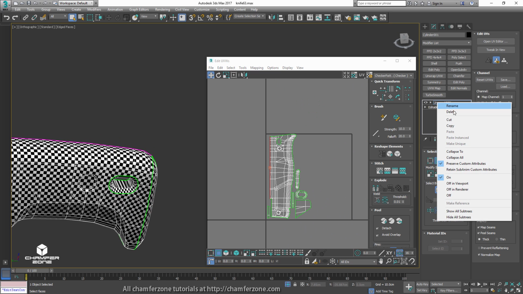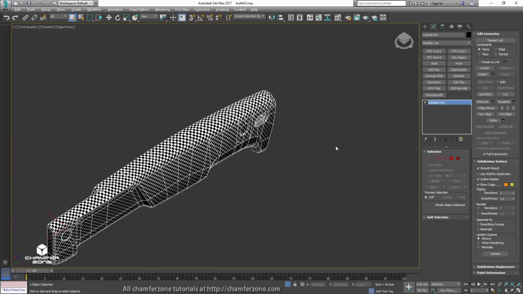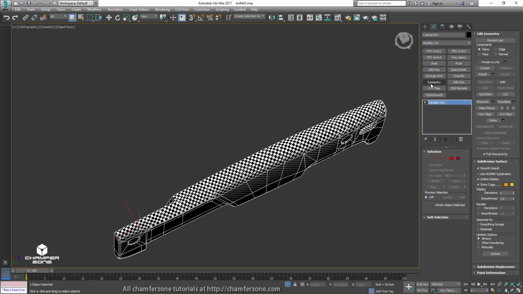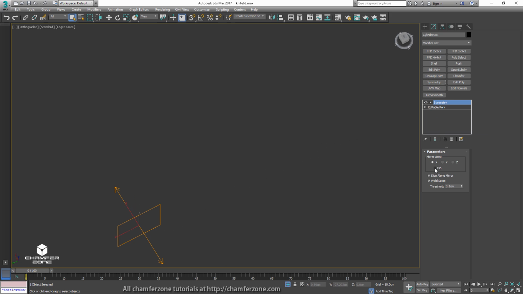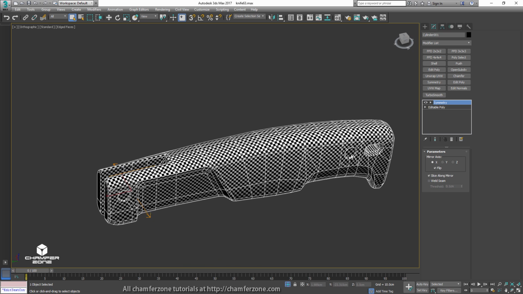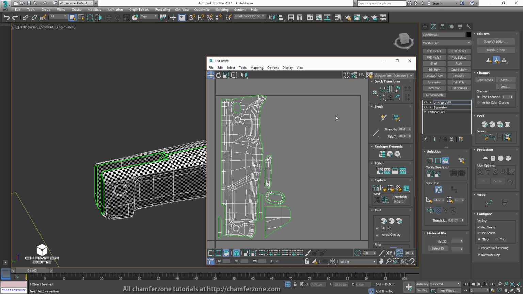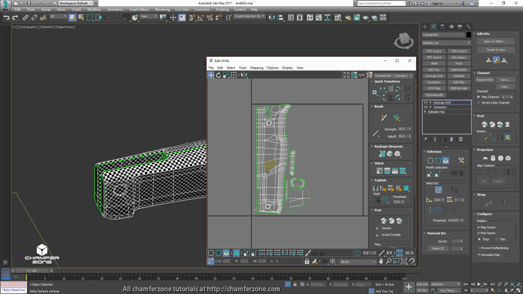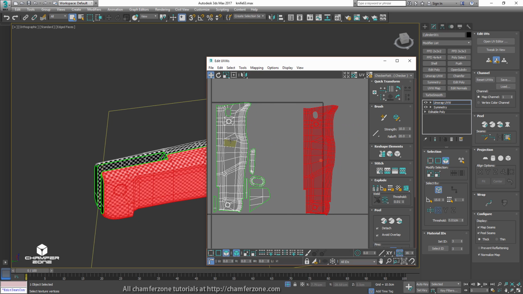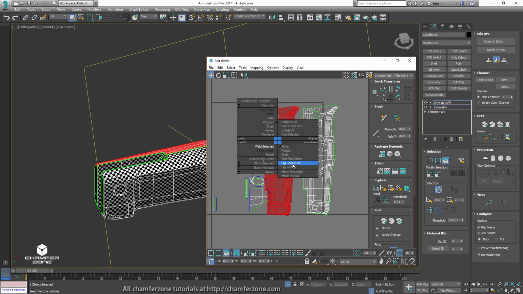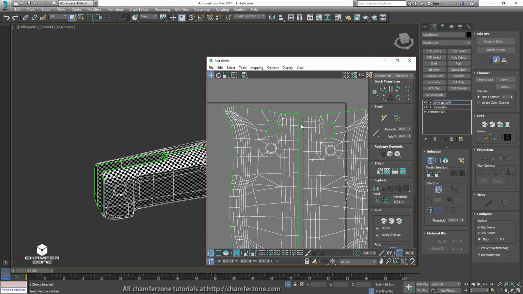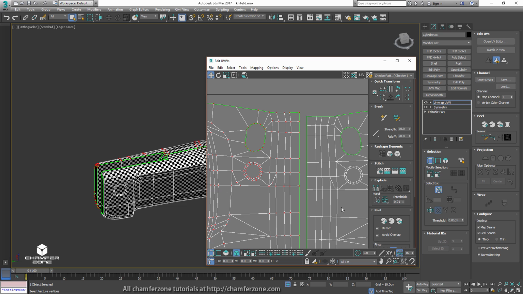The reason why it's important to have that all straight there is that now we can collapse everything and use our symmetry modifier. So I'm gonna flip it and I want to uncheck weld seam at that point, and you will see why in just a moment. Because now all these UV islands are basically double geometry and it's easy for us to separate them out, flip them horizontally, and then with the snapping function, first of all, I want to switch here